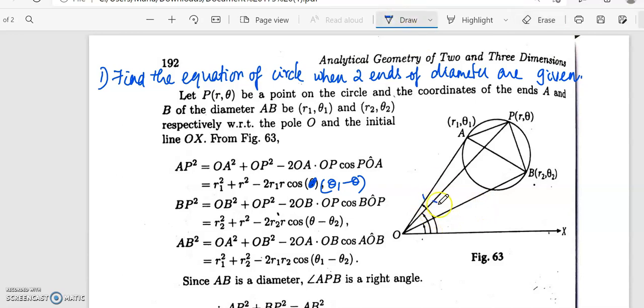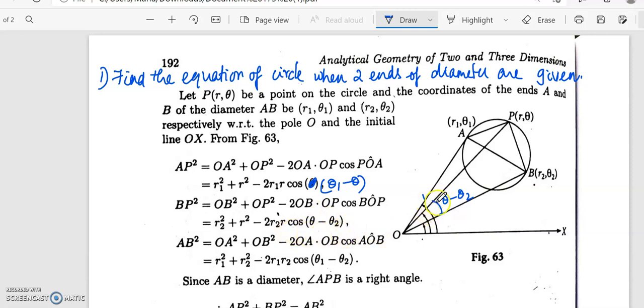So we will get R2 square, since OB is this distance R2, plus OP square, which is R square, minus 2 R2 R cos